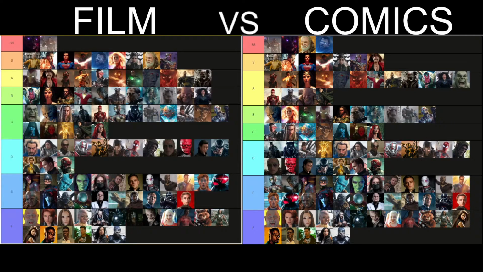Mera is King Orm's level. I think that's a fair enough place to be. Corvus is also at a close level to these people. In fact, Corvus Glaive is shown to be the leader of the Black Order, I believe, in the comics. Yeah, he is the leader of the Black Order. So yeah, he's quite powerful as well. He's very capable, a really good general, and yeah, for those reasons.